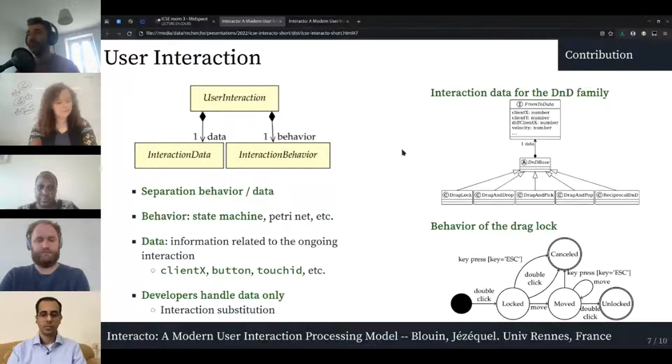One major concept of Interacto is user interaction, which we divided into two parts, behavior and data, and the developer only handles interaction data. This permits interaction substitution. For example, here we have the family of drag and drop, drag lock, drag and pick, etc. But in fact, the developer will only handle the underlying data, so this enables substitution. I can replace the drag lock by a drag and drop without changing